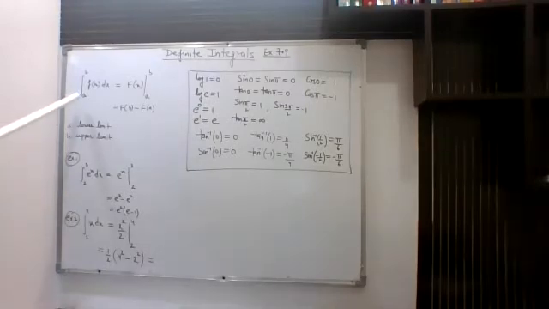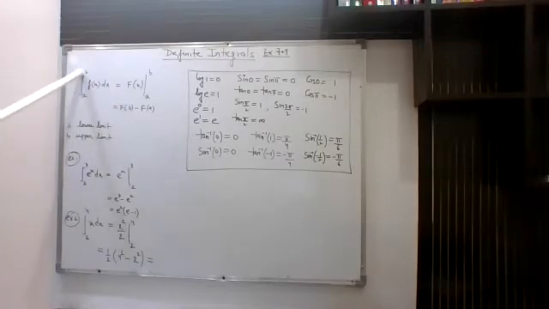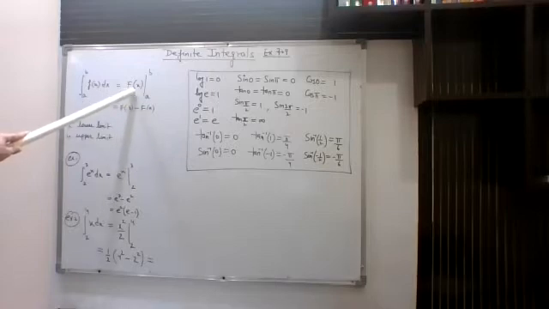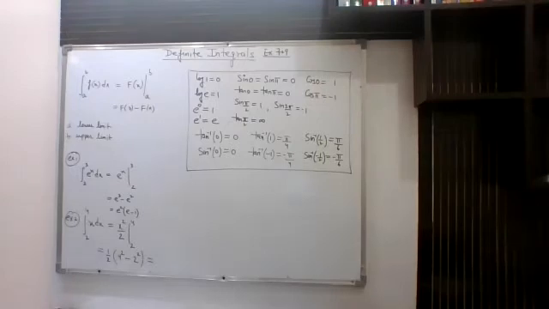So this is the definite integral from a to b of f(x) dx. a is the lower limit and b is the upper limit. After integration, suppose you are getting capital F(x), this is the integral. Now you have to simply substitute the limits. So integration, we have to do what we had done in the indefinite integral. Similarly, we will proceed in this one also. The only extra step is we have to substitute the limits. And here you will not write that plus c, because it's a definite integral. You will get a definite answer.